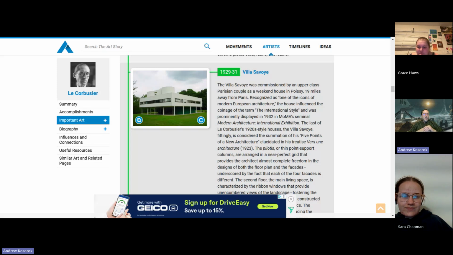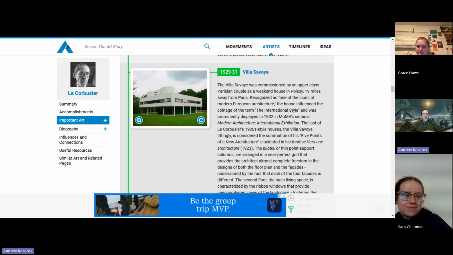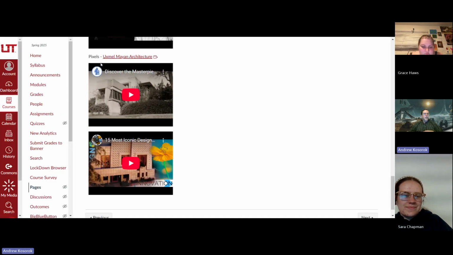But since you've seen some of those houses in the Parade of Homes, do you recognize a lot of these shapes? Like right now on the screen, I have the Le Corbusier. Can you see the connection between that and that Frank Lloyd Wright geometry?